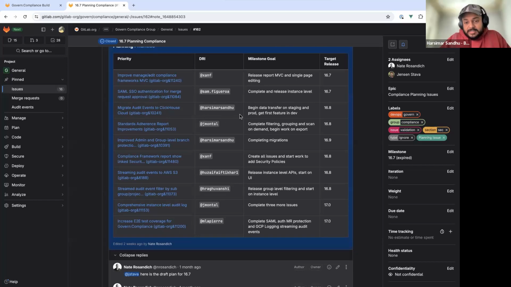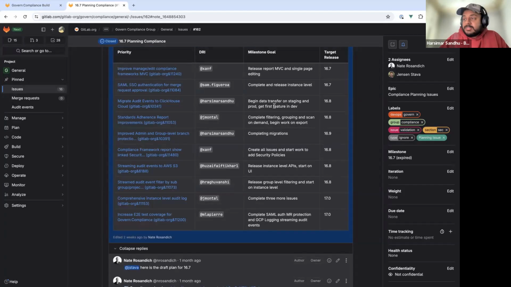Okay, next is with me. Basically we already had a Sidekiq job which does the data transfer process for the events table, and for audit events, much of the code was going to remain the same. So I had to first refactor the event Sidekiq job, and for that I have created one MR. Hopefully by this week it should get merged, and then I can start with the audit event sync worker. And hopefully before the end of this year we can start with the data transfer process.